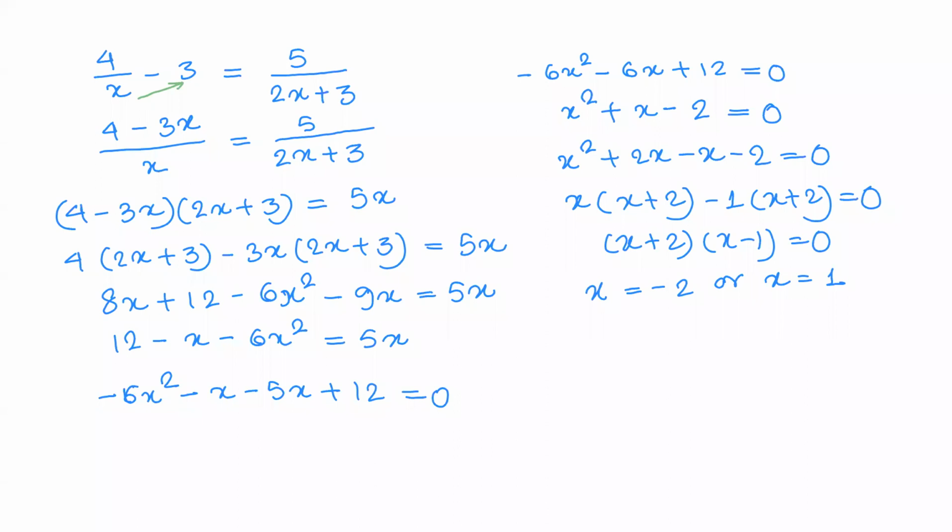Great, perfect. Chalo, let's try another one. नया try करते हैं हम लोग. See how many of you can do this one. 1 upon x minus 2 plus 2 upon x minus 1 is equal to 6 upon x. It's a pretty nice question. See if you can figure this out yourself.